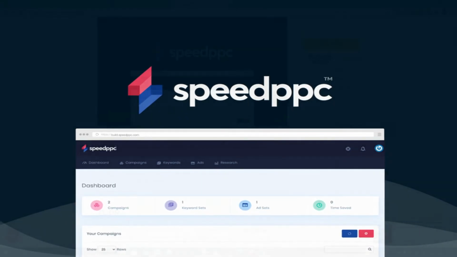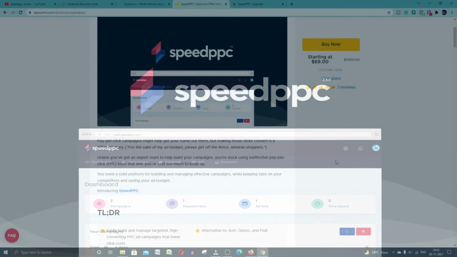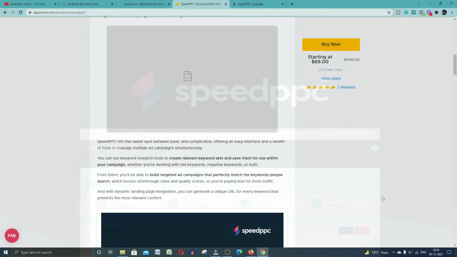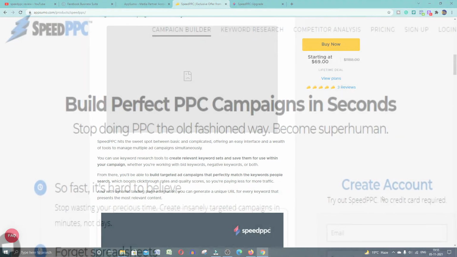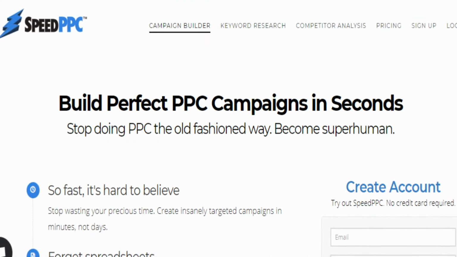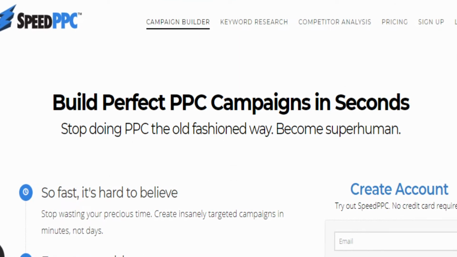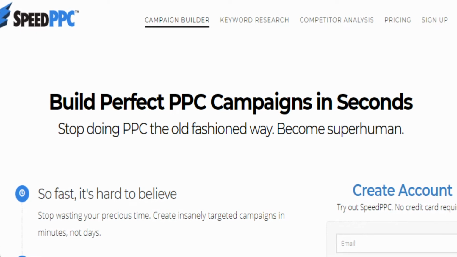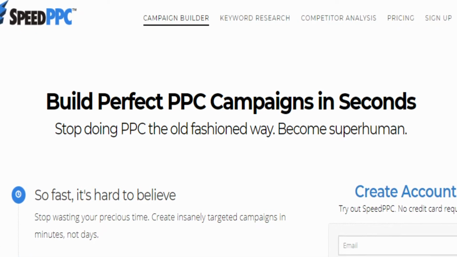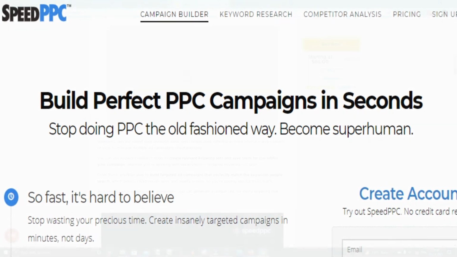You need a solid platform for building and managing effective campaigns while keeping tabs on your competitors and saving your ad budget. Speed PPC hits the sweet spot between basic and complicated, offering an easy interface and a wealth of tools to manage multiple ad campaigns simultaneously. You can use keyword research tools to create relevant keyword sets and save them for use within your campaign, whether you are working with bid keywords, negative keywords or both.